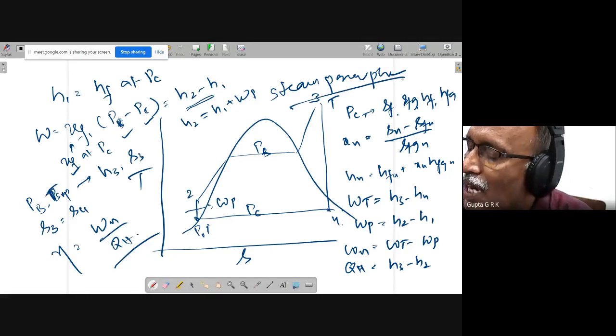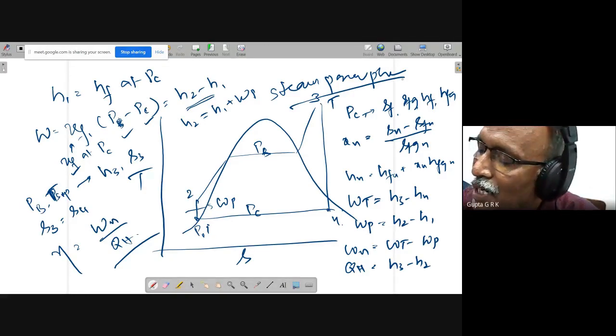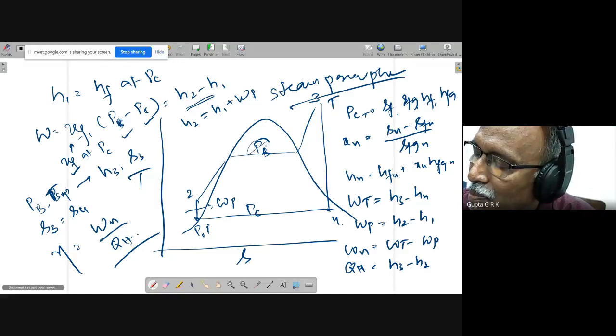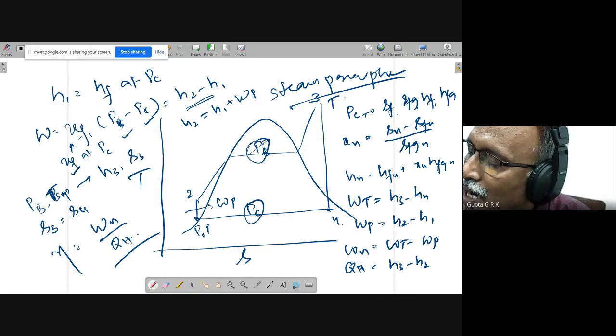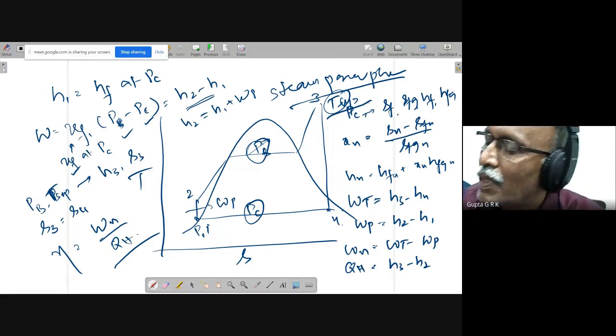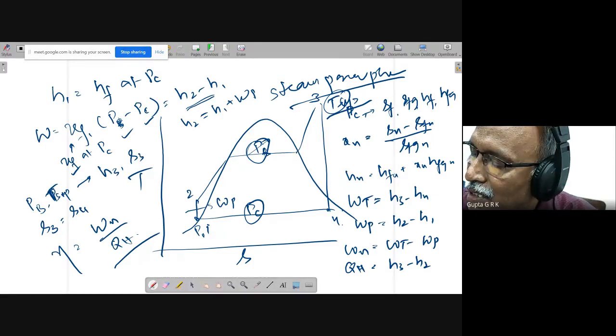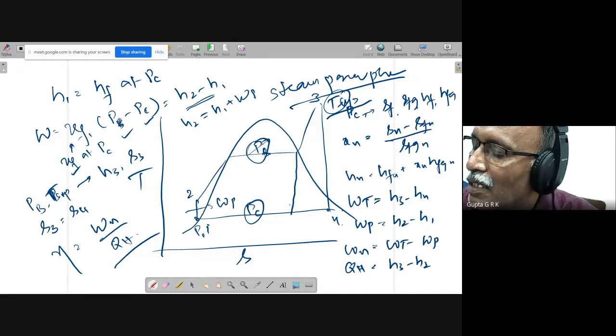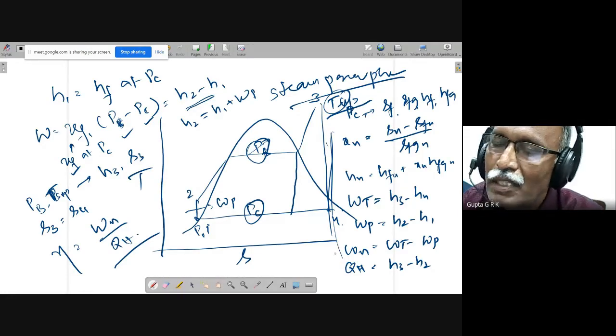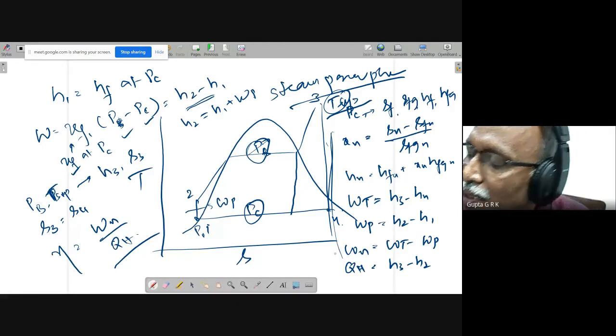Okay, so this is the Rankine cycle. And what is the maximum data you want? Only the boiler pressure, condenser pressure, and this superheated temperature. Only these things you have to know. This may be given as saturated temperature. If it is, then it will come like this only, right? So whatever be the thing, you have to do it in this way. That is the way I have to deal with a Rankine cycle.